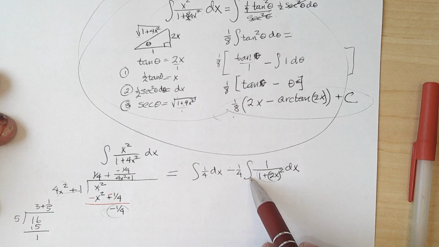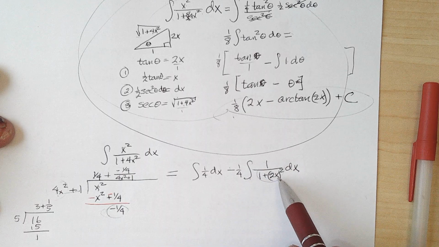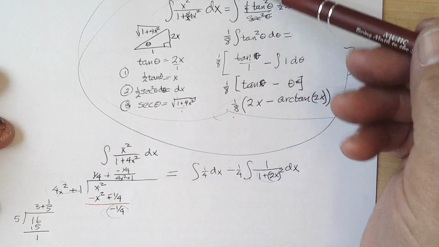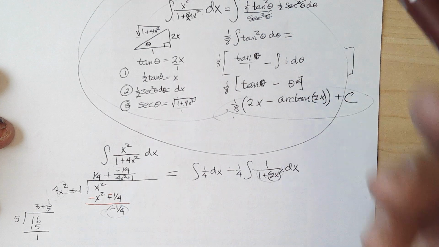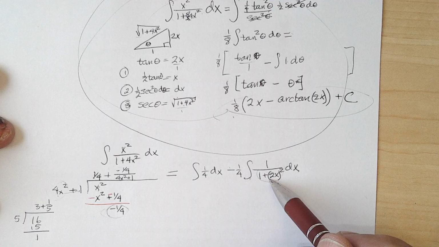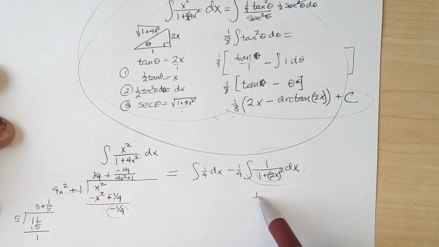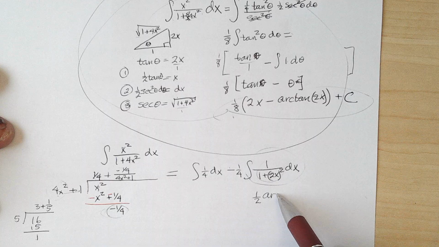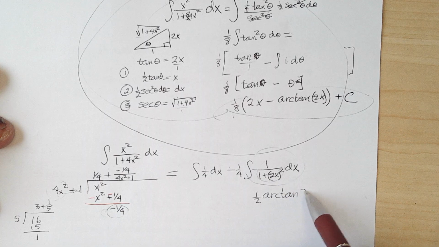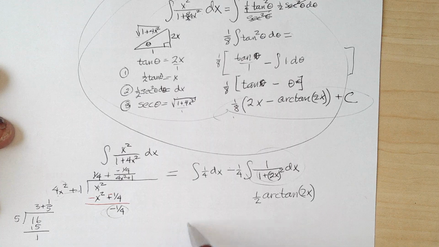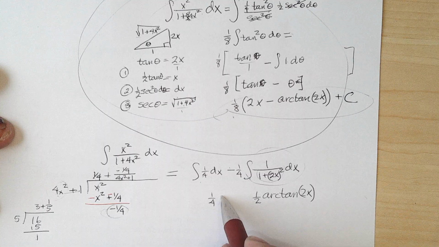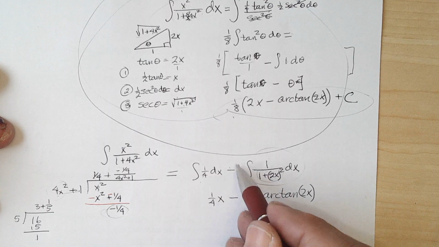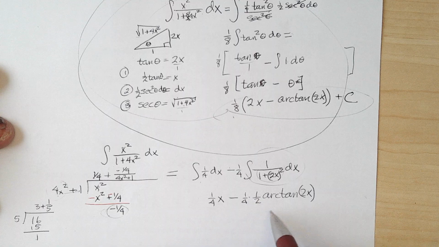And the antiderivative of that, well, if it was twice this, the antiderivative would be arctangent of 2x. So the antiderivative of this would be 1/2 arctangent 2x. And so we'd have the antiderivative of 1/4 would be 1/4 x minus 1/4 times that plus c,